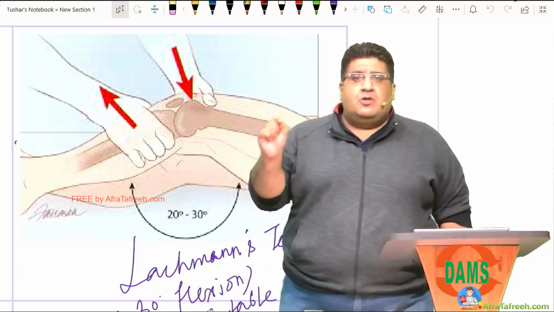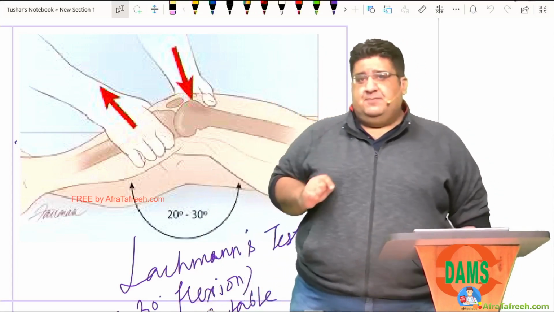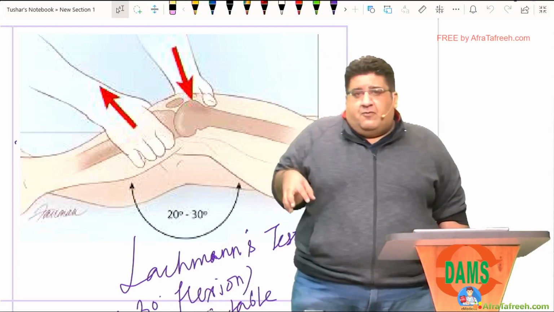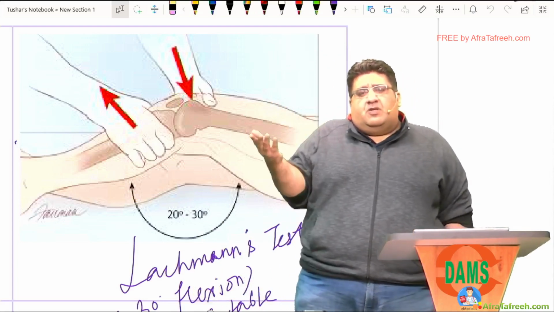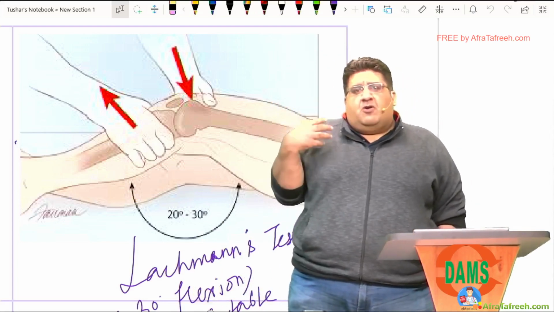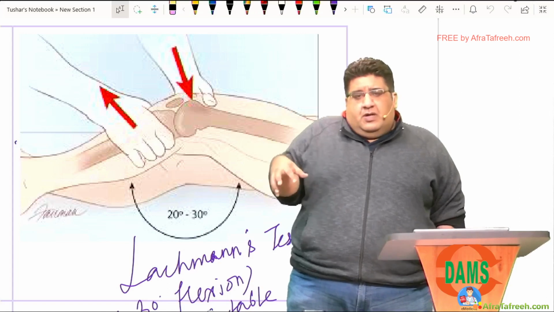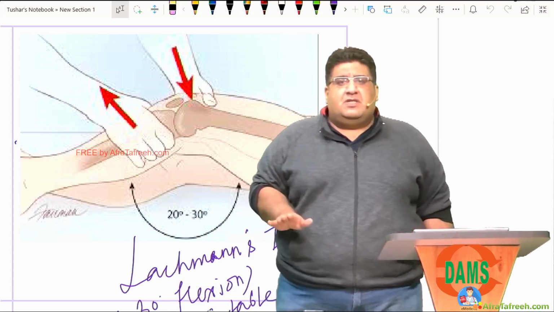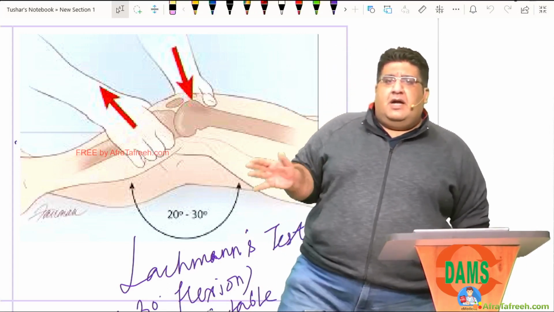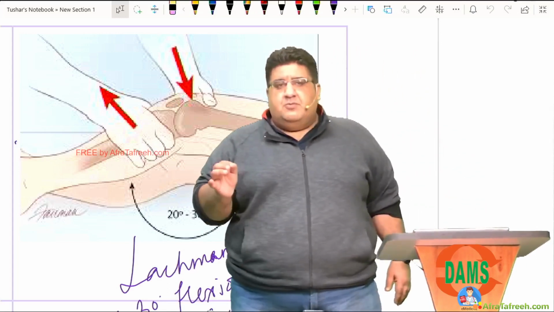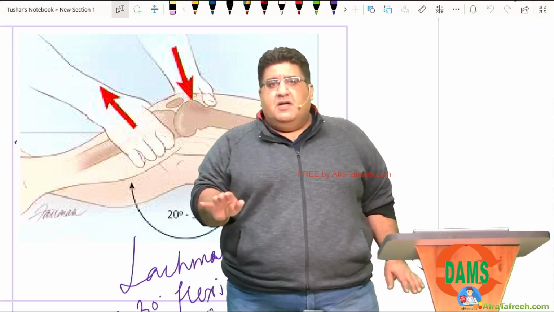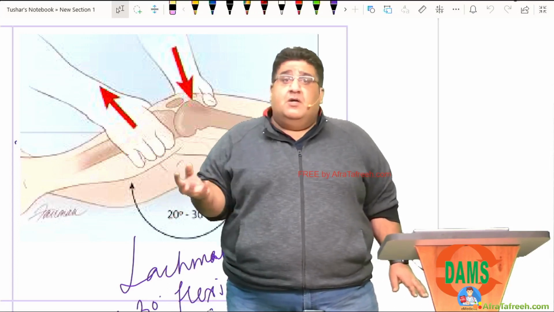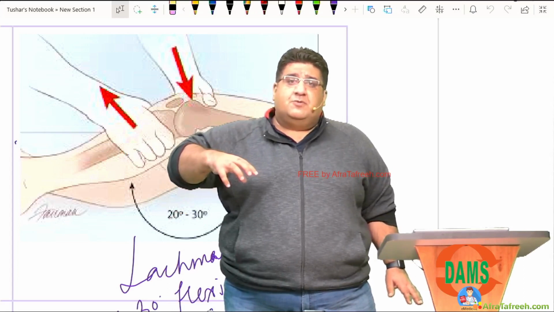The capsular volume is maximum in this position. Like, I give an example: for the hip joint, we will be talking about the same when we talk about the chapter on infections of the hip. In the hip joint, the most comfortable position is flexion, abduction and external rotation. Why? Because capsular volume is maximum in this position.